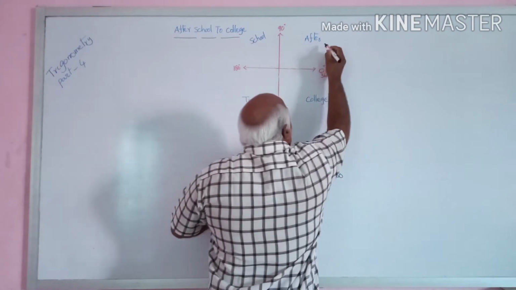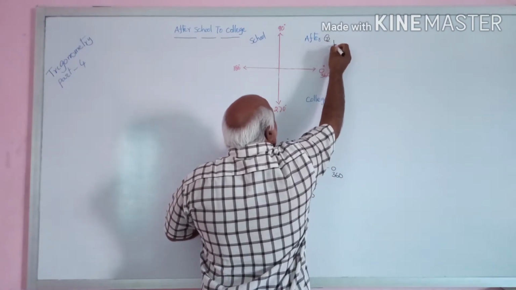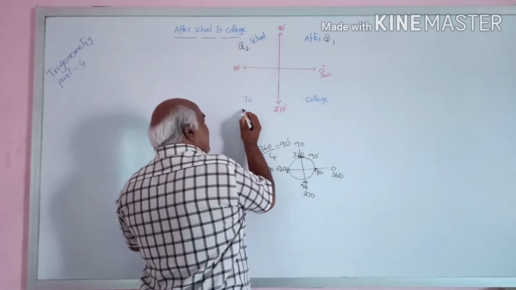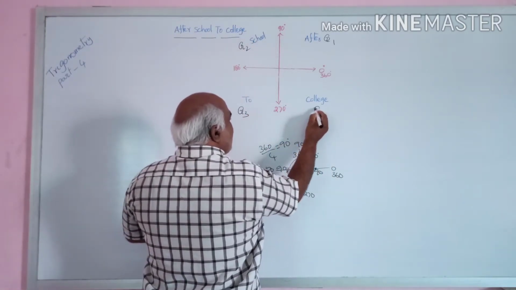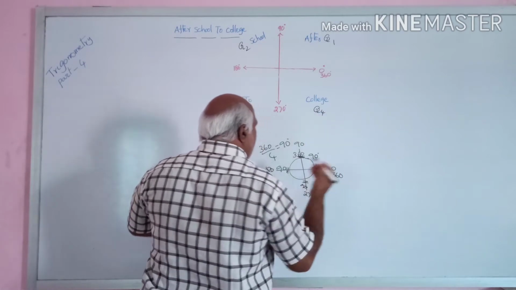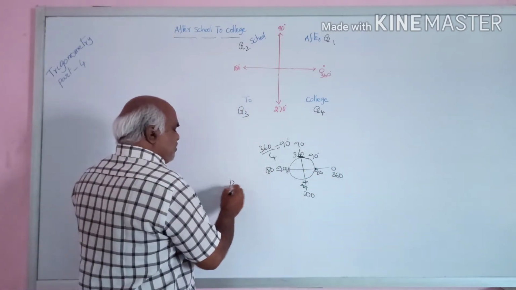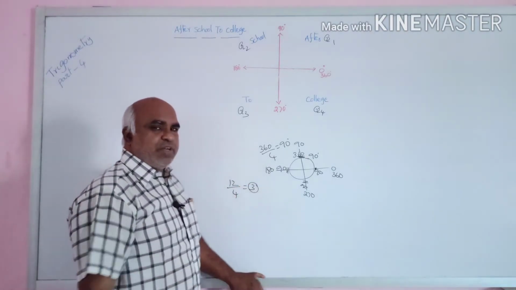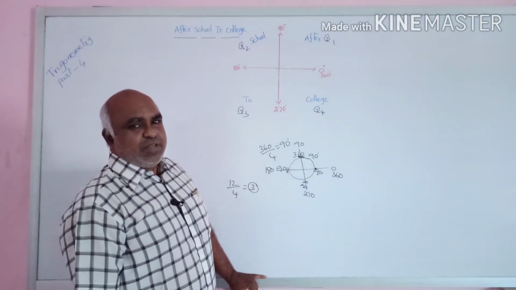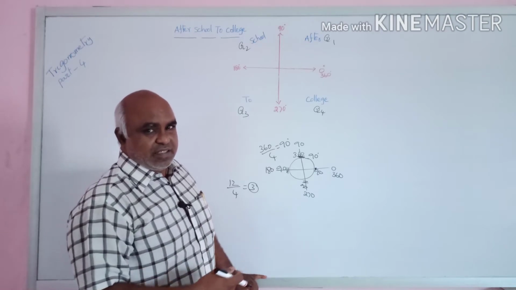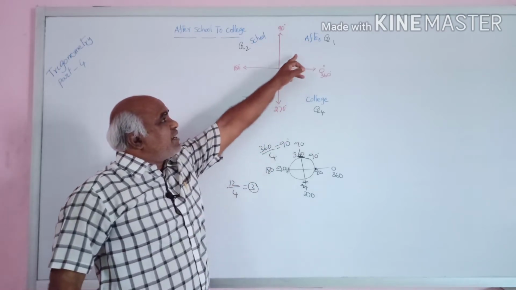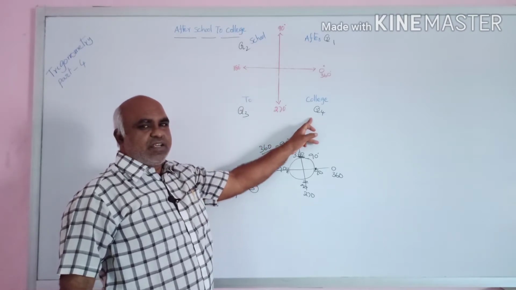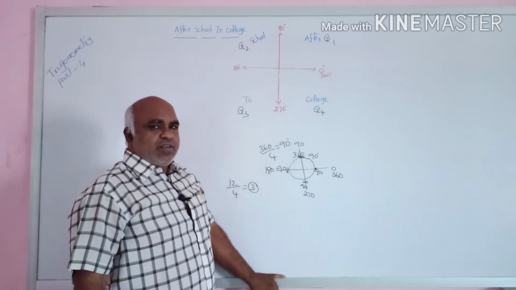Therefore, it is called quadrant 1, the first quadrant. It is called quadrant 2, quadrant 3, quadrant 4. Quadrant means a quarter. If you divide the 12 months by 4, you get 3. That is the quarterly examination. Quarterly examination means one-fourth of the year. Like that, you can divide into the first quadrant, second quadrant, third quadrant, fourth quadrant. It is four parts of the quadrants.